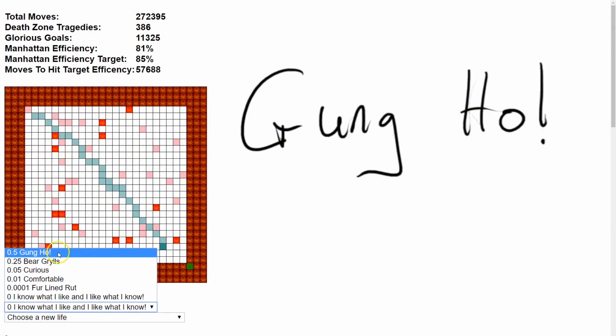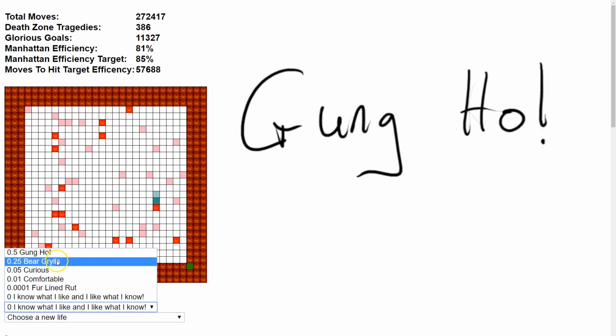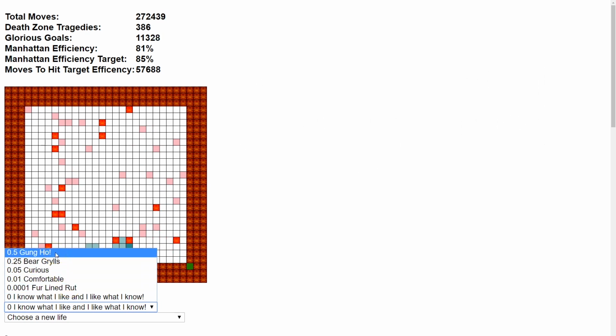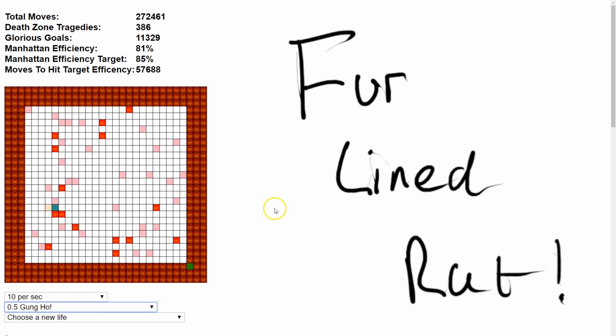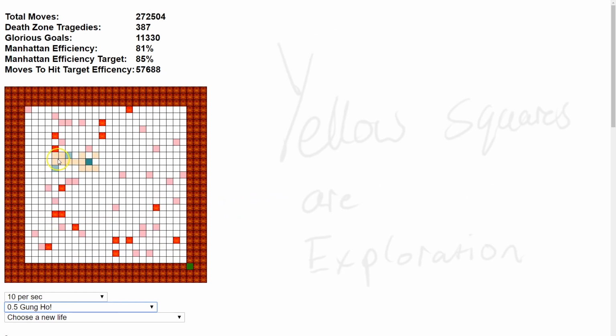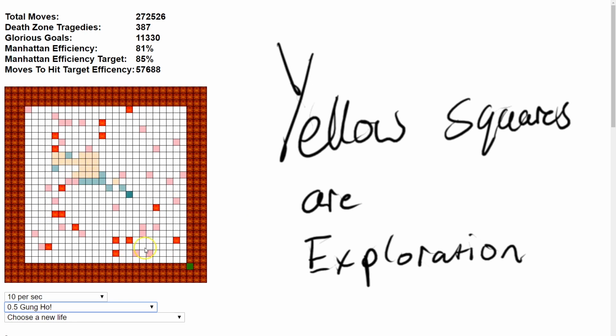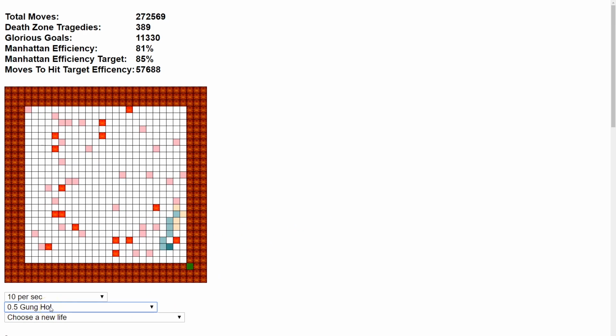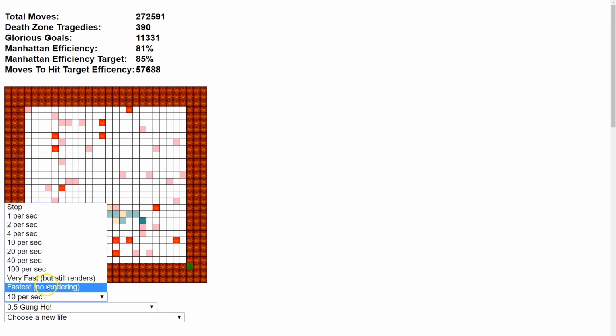I've built a number of levels of exploration into our agent's model, varying from gung-ho, which sort of means over-enthusiastic verging on the stupid, through to fur-lined rut, which means he's stuck in a rut, but it's very comfortable and he likes it. So what should we choose? Well, if it's worth doing, then it must be worth doing to excess, right? Let's pick gung-ho, and at this level, he'll take a random move about 50% of the time. I predict that he's going to die quite a lot.